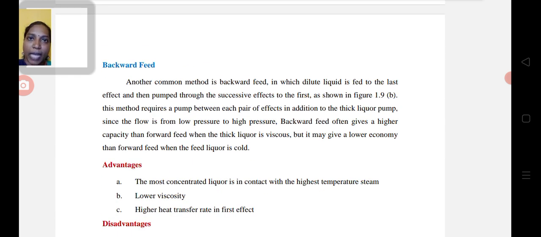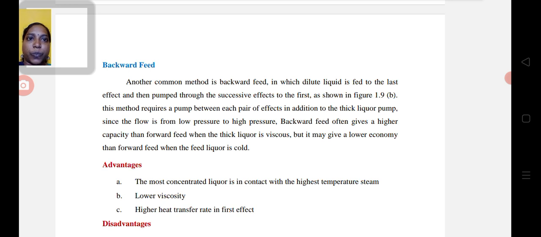While coming to the backward feed, this also is a common one which can be used for the lower viscosity liquid, where the dilute liquid, that is the less concentration liquid, is fed to the last effect and then pumped to the successive effect, that is from the last effect to the first effect. A pump is necessary here, because the flow is from the low pressure to